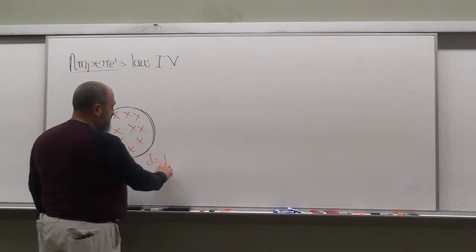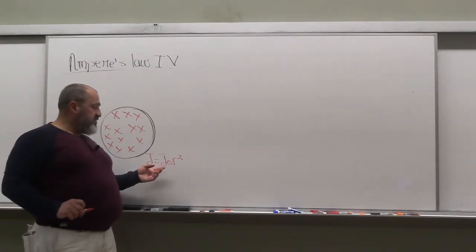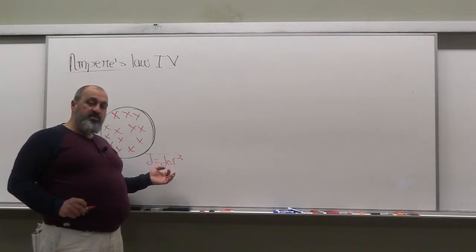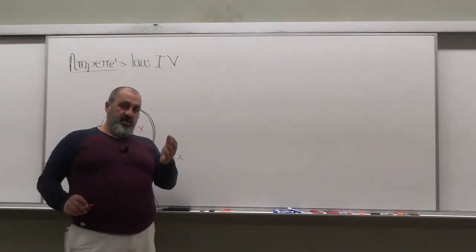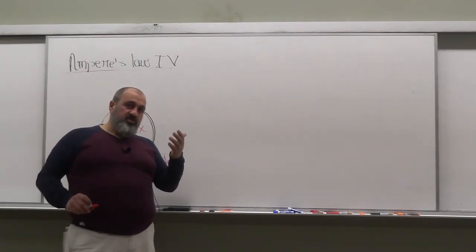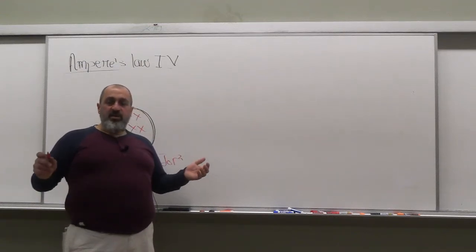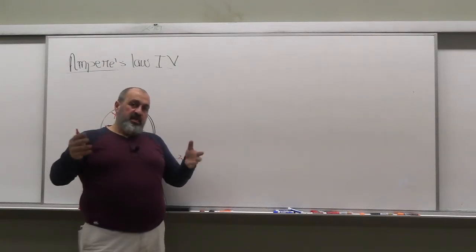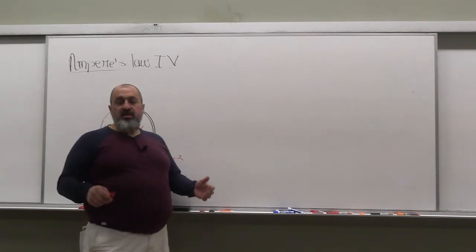J is equal to, let's say, J naught r squared. Now, this is a good point for you to start thinking, guys, about the things that we had done with you in Gauss's law. For example, we gave you the charge distribution, asked you for the field, but also we told you what the field was and asked you what charge distribution would give you that field. For example, on the quiz, we asked you what charge distribution would give you a uniform field inside the charge distribution. It was not realistic. There was a singularity there, but it gave you a